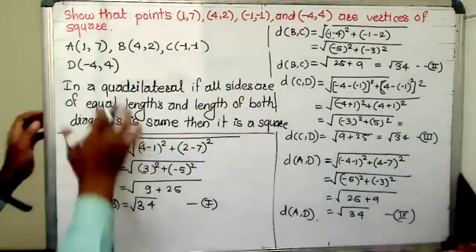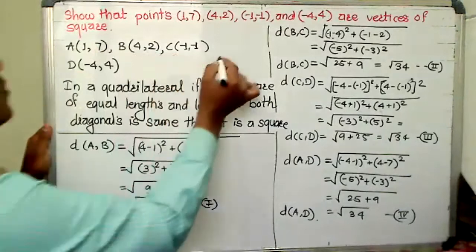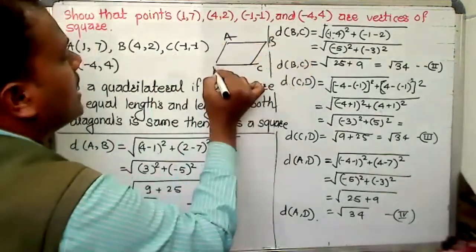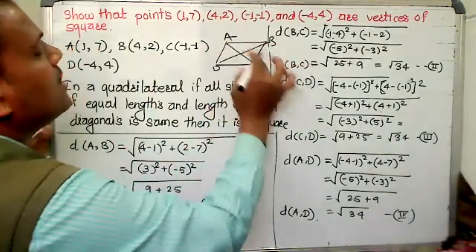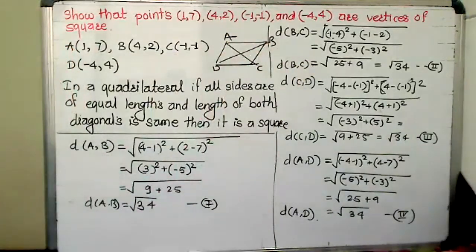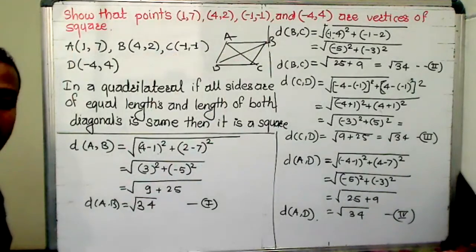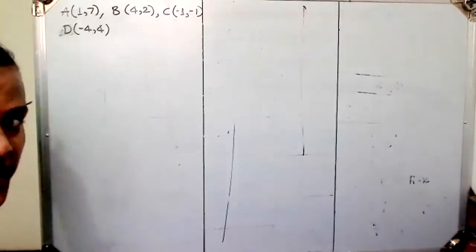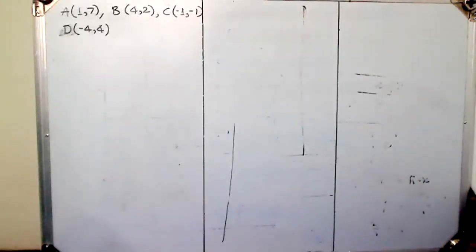Suppose this is a quadrilateral A, B, C and D. This is AB. AC and BD are the two diagonals. So we need to find the distance of these two diagonals. Now we will find the distance between the diagonals. Again, I have written the 4 points here, because it's another side of a board.